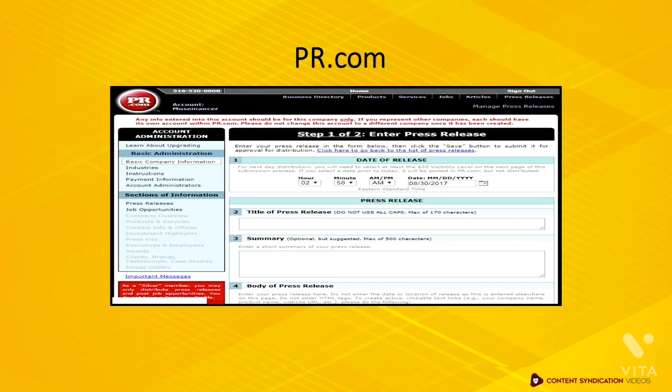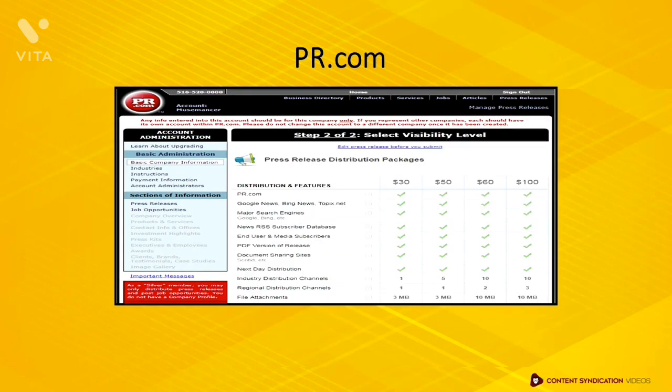Once you're done creating the account, you are now ready to submit your press release. Click on the button and follow the step-by-step guide on the process. When you have filled in all the required details, proceed to the payment stage. Select a payment which suits your budget. You may also select the free option, which has distribution at a lower level. It reaches general search engines in pr.com, some news websites, third-party websites, and RSS feeds. Once completed, you've now successfully uploaded your press release.